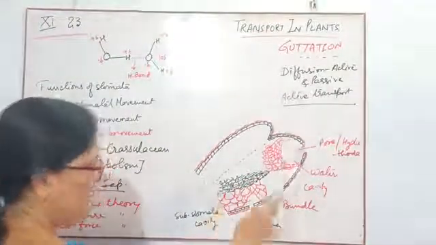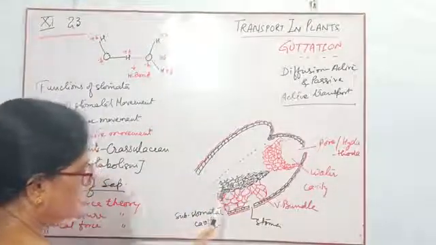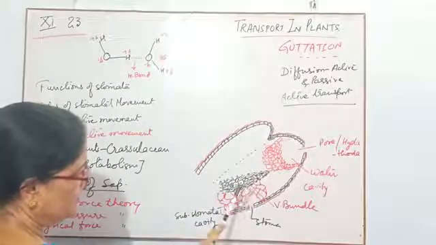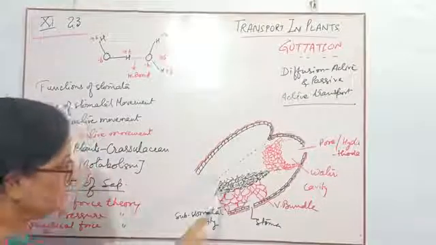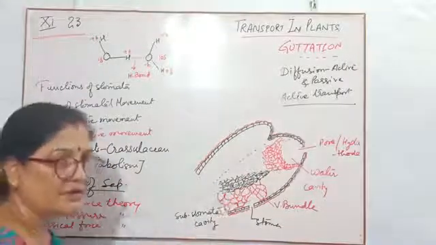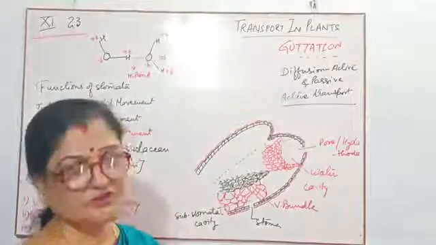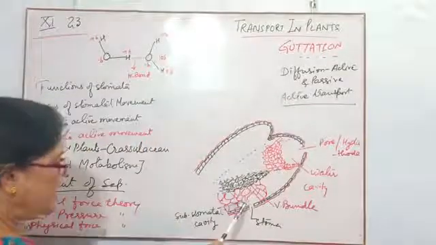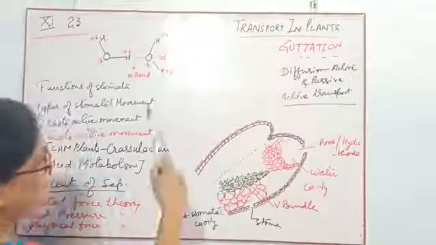I never draw all the cells properly here, but listen, I am telling you, this is the midrib, this is the vascular bundle, because xylem has a thick wall, so xylem and phloem are there. These are the spongy parenchyma, that means the lower surface of the leaf, or the upper surface also, because if it is a monocot then both sides have spongy parenchyma, and in that spongy parenchyma there is an opening in the lower surface, or maybe the upper surface.